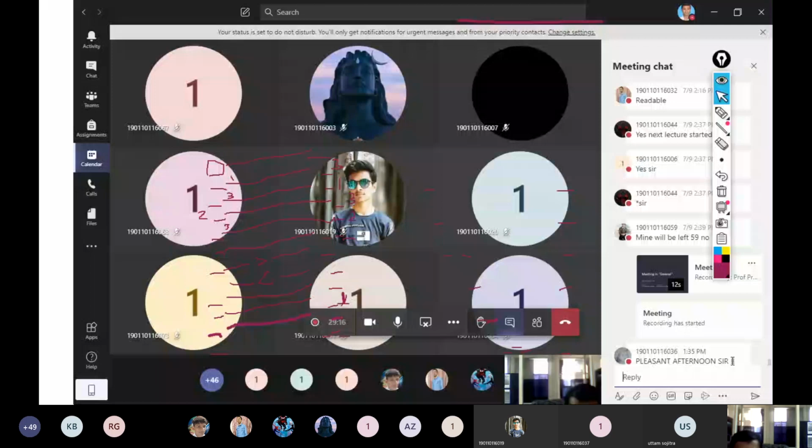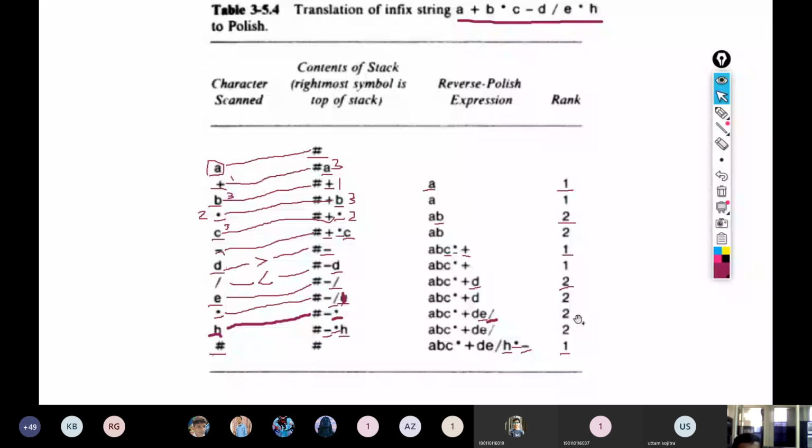Have you understood, all of you? Okay, so let's move ahead. Let me remove all ink from the slide.